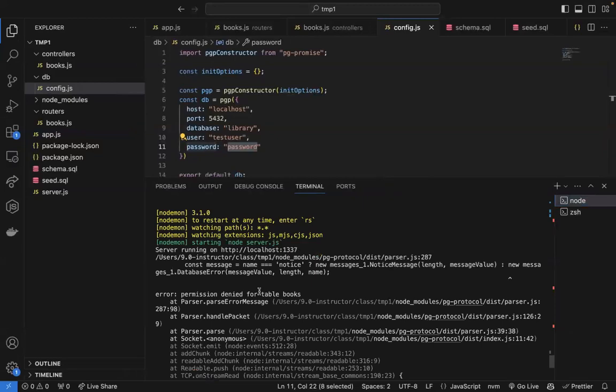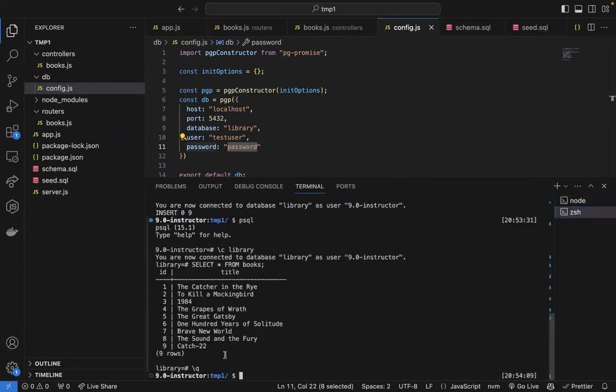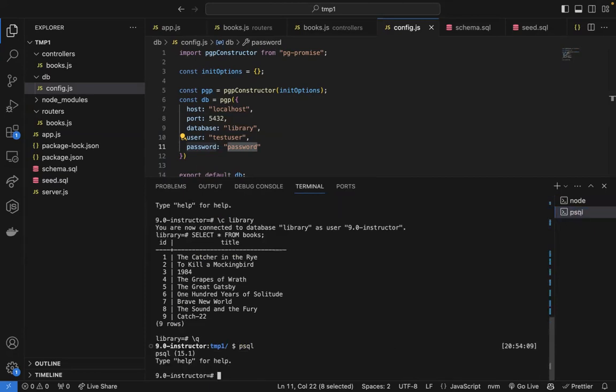Like I was saying, every computer has different user permissions, right? You're able to access your own data, and any other user that's maybe using the same computer only has access to their own data. Test user, when we created it, does not seem to have the permissions for the books table. So what we're gonna have to do is give it permission to go look at the books. And in order to do that, we're going to go to psql, and we're going to